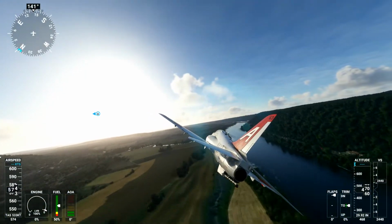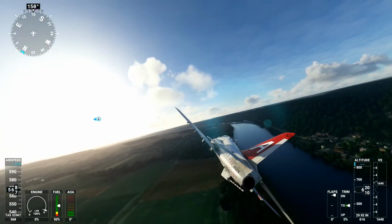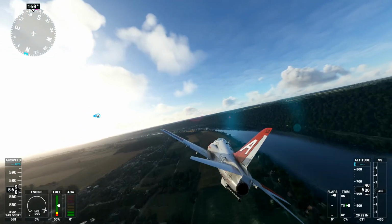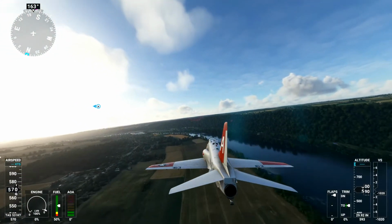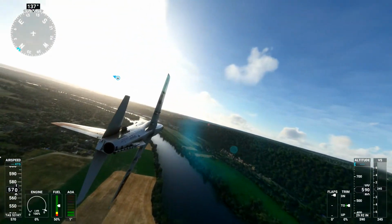And we should find, according to the map, that as we go round this curve, the area to our left becomes steeper and built up. So let's just see what we can find. Again, it's quite steep, so it's going to require a little bit of...